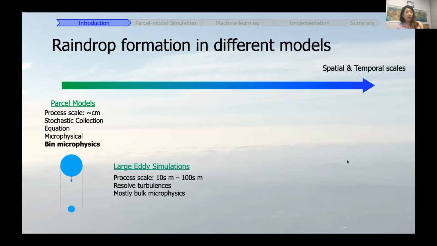There's also large eddy simulations, LESs. They are a little more coarse, but they are typically able to resolve large turbulences or eddies, and the scales are tens of meters to hundreds of meters. But because of their scales, now they cannot computationally afford this bin microphysical calculation, and a lot of times they include bulk microphysics. This is also the case, if you go to the next slide,